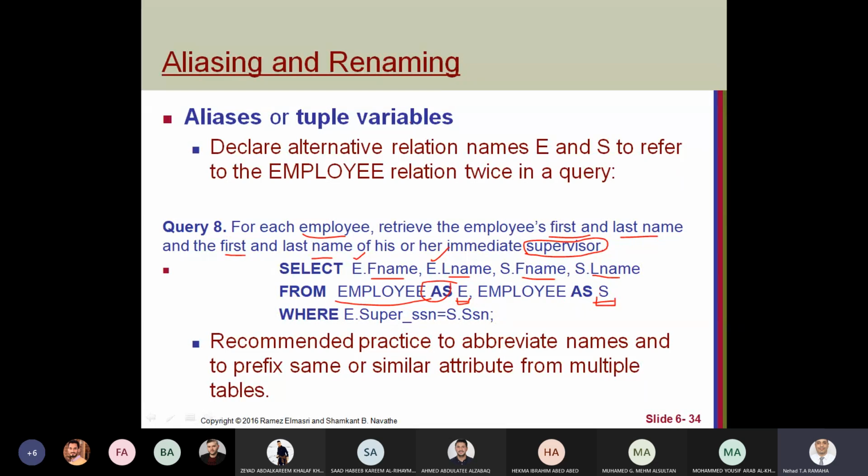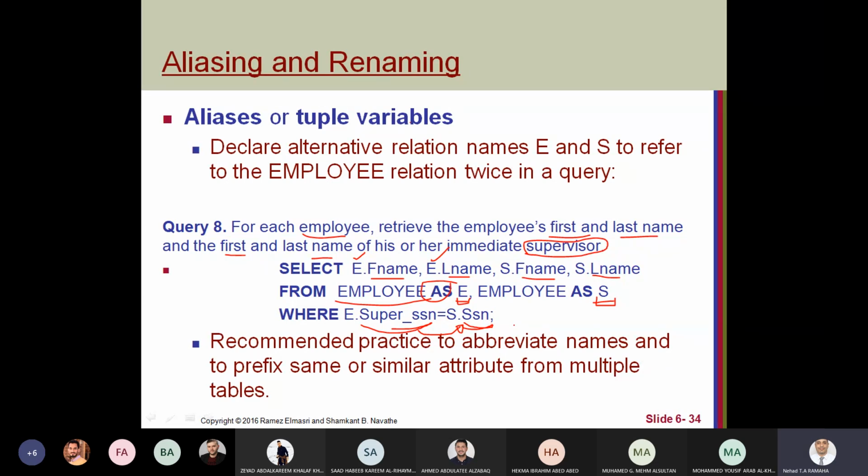So first name, last name for S, where the supervisor number here. This is the supervisor, and this one, its number, to retrieve its first name and last name. So where employee supervisor number equal SSN number.